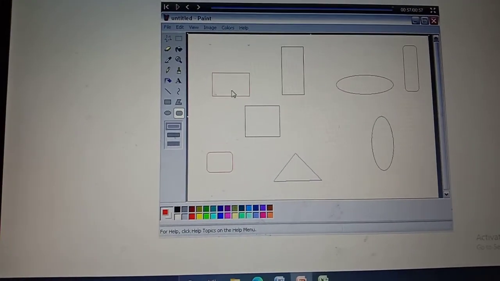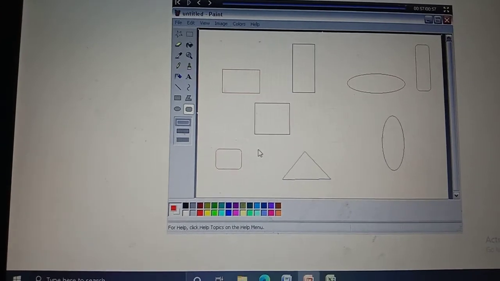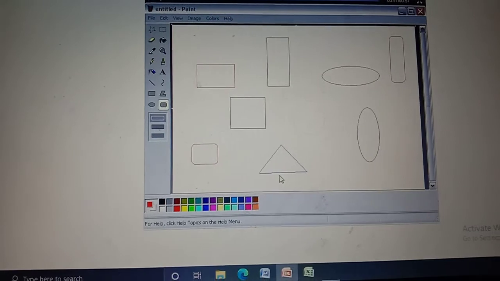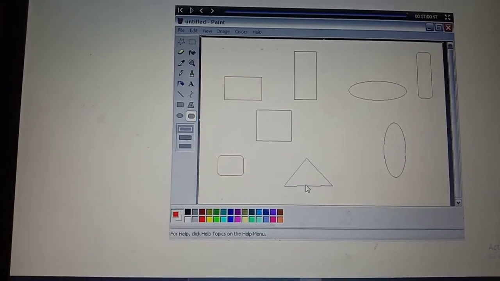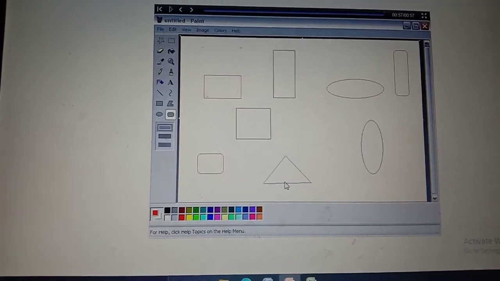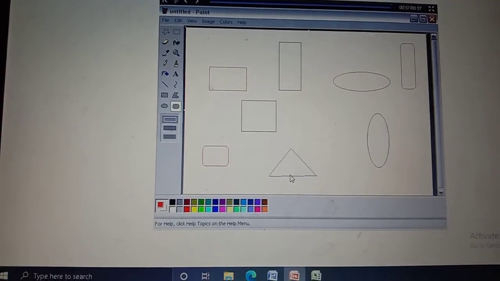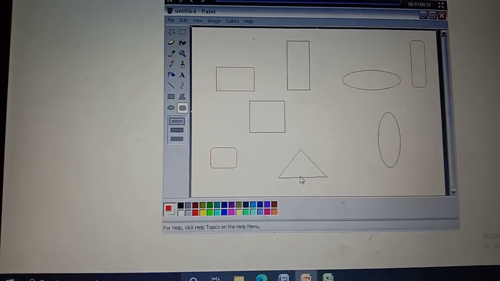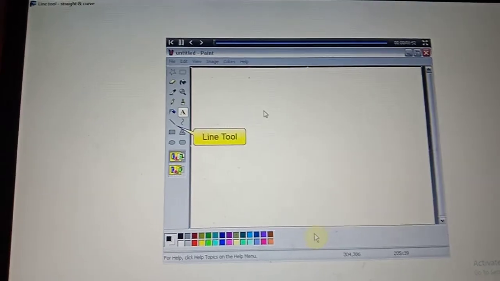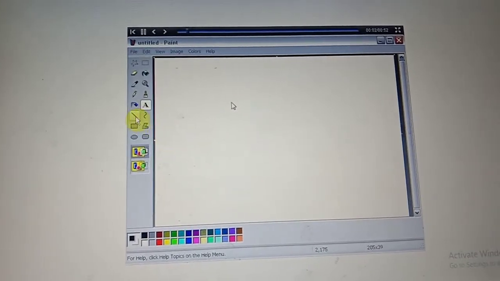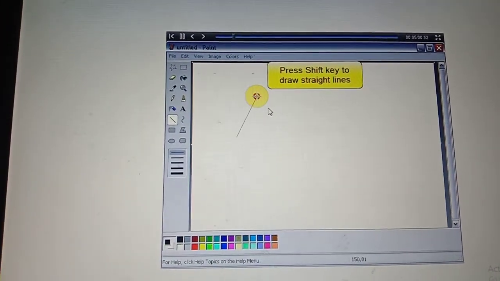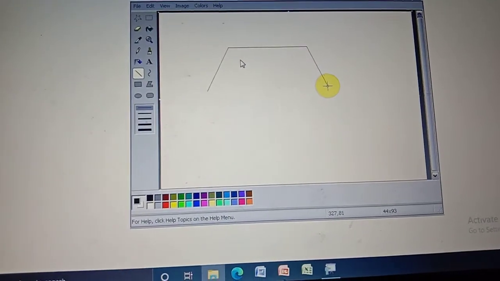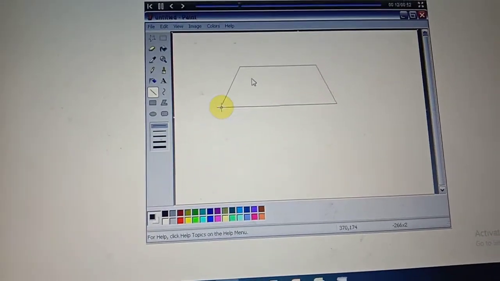See, we finished drawing a rectangle, rounded rectangle, square, oval shape, circle shape, and by using a polygon tool, we drew a triangle. Okay, that's all about this chapter, children. Fun with shapes tool. Now I will show you the line tool. Okay, this is a line tool. If you want to draw a straight line, we need to use the shift key to draw the straight line. Okay, see, by using the shift key, we can draw the straight lines.